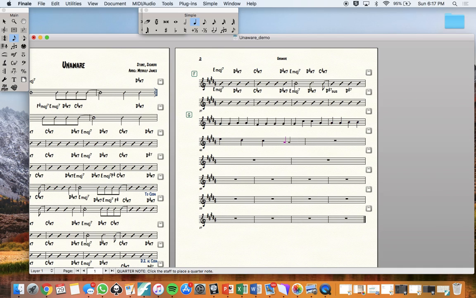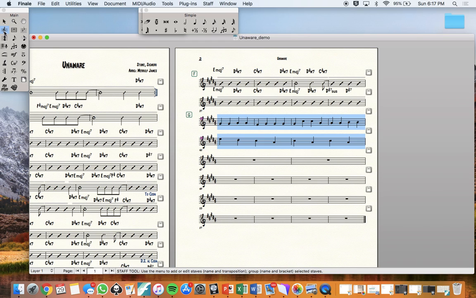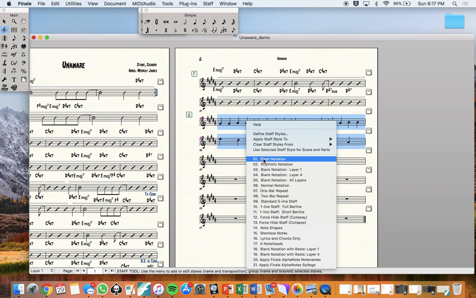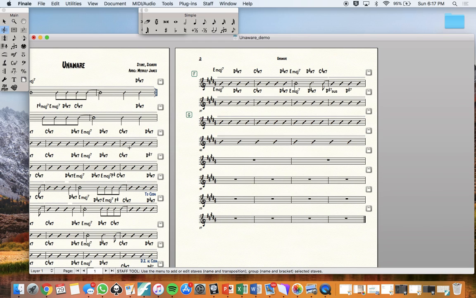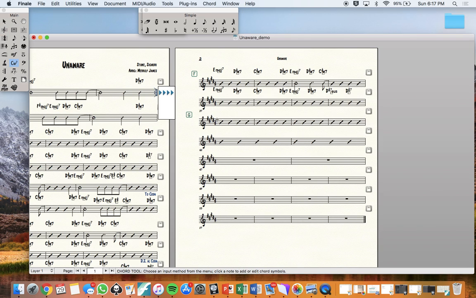You can just fill up 1 bar with quarter notes and copy and paste that, whatever your style is. All right, I'm going to highlight those, go back to my staff tool, control click notation. All right, now I'm going to go to my chord tool,